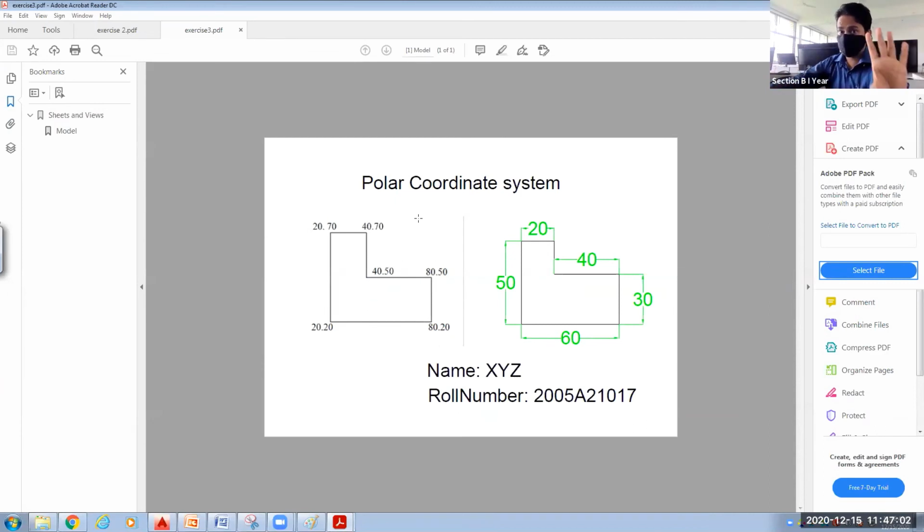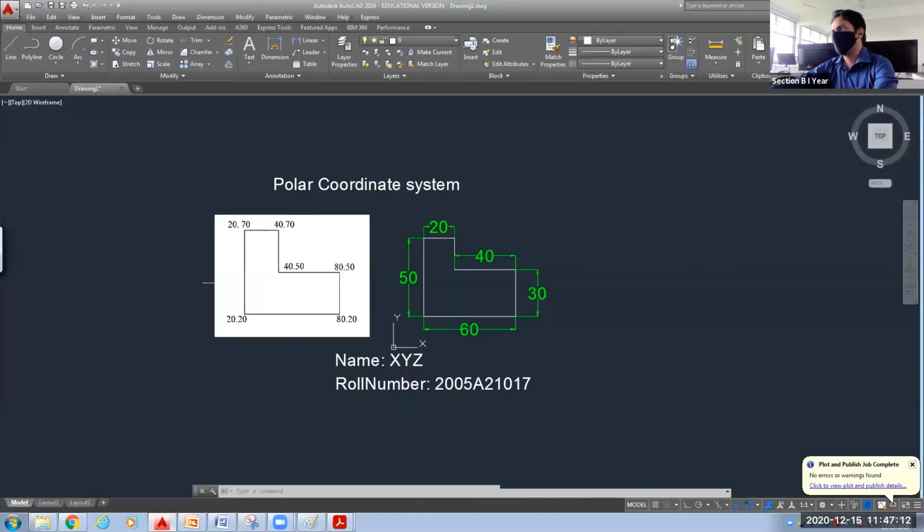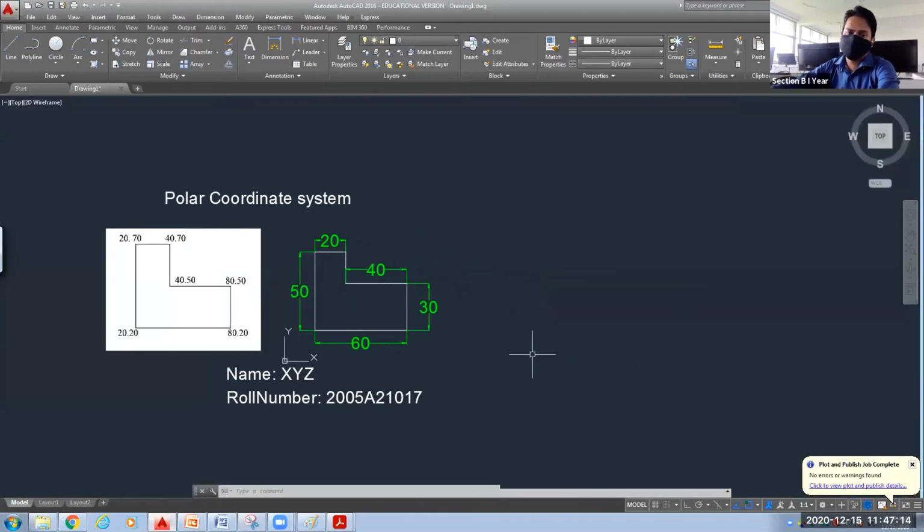Now, the fourth coordinate system is missing, that I had not told you that day, and I said that I will show you on the computer directly. So let's see how to do that. That is your direct coordinate system, if you remember. As the name suggests, we will give the input directly. So go to the line command, L, enter. I will draw just next to this.